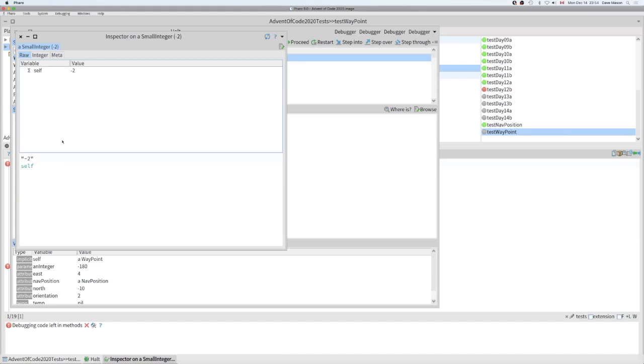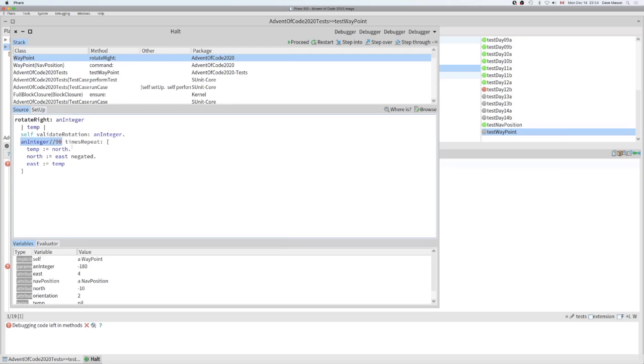And it's -2. Well, what times repeat does is this: only if you give it a 0 or a negative number, then it doesn't do the loop at all. So what do I want? Well, you might think I want absolute, but no, I don't want absolute because I want to rotate the right number of times. So what I actually need to do is I need to do this